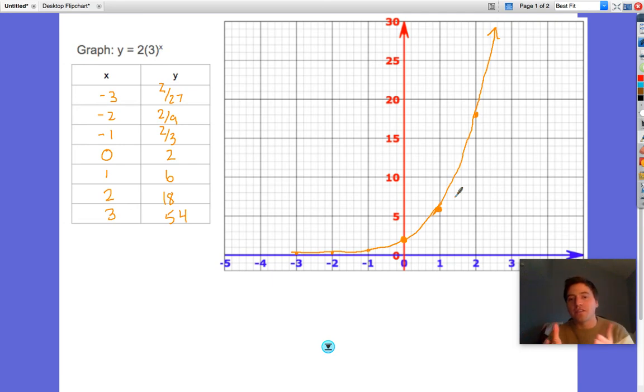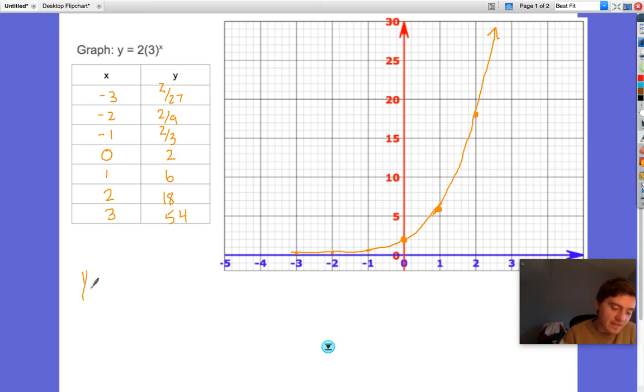Now, let's talk about where this is headed before I finish this curve, because weird things happen when we start moving this way, right? We're going to divide by 3. As we know, we're dividing by 3, dividing by 3, dividing by 3 as we go. So we have to consider, where are we heading if we're dividing by 3? What do we get to if we divide, let me throw this on the calculator here, if we divide 2/27 by 3,